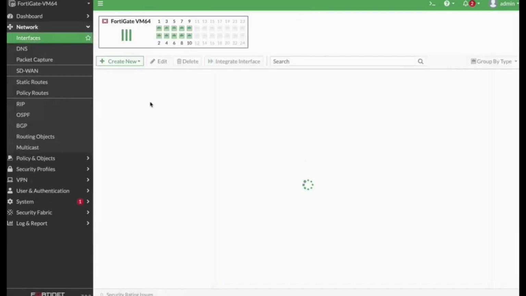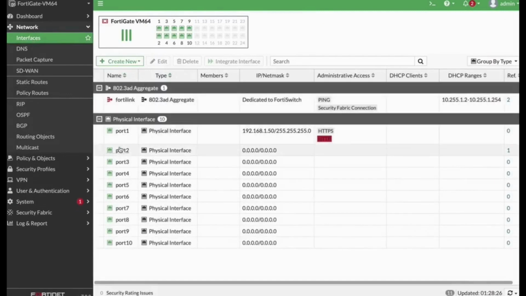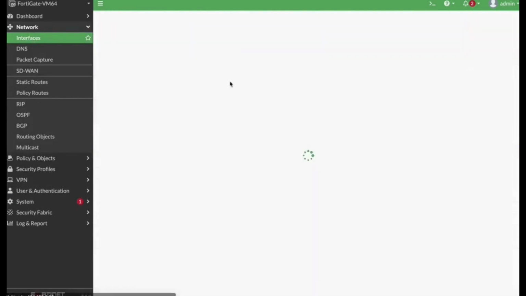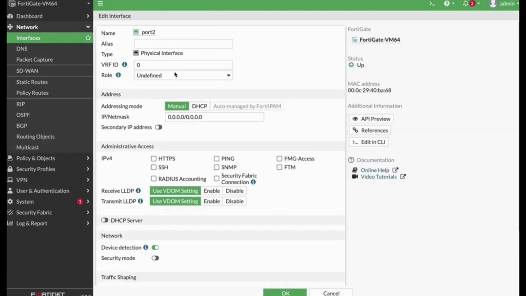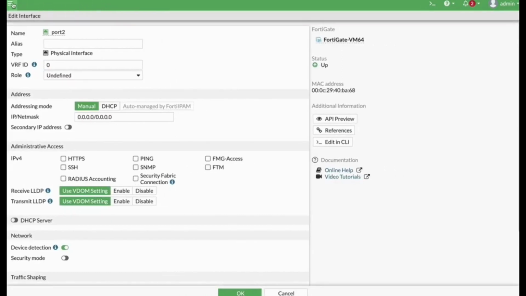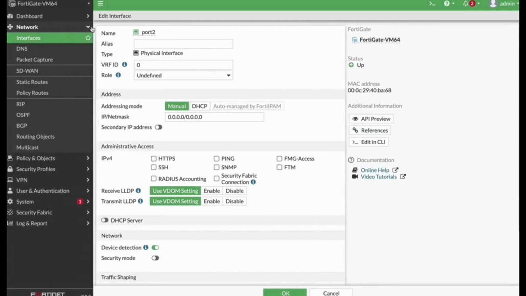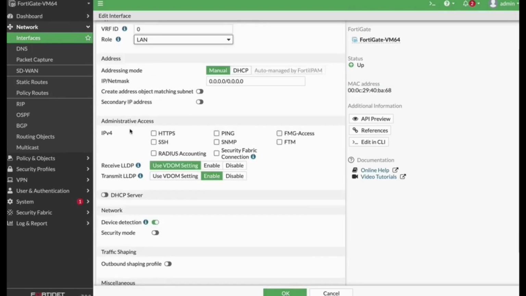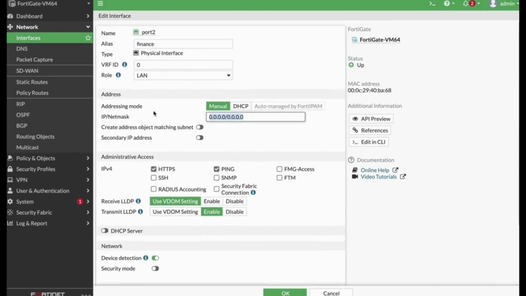Let's create our interface. Let's create a new interface, which will be the finance interface. By the way, when you press those three lines, you can actually eliminate the menu so you can have a full screen page. So let's set the alias finance, role LAN. Let's use HTTPS. Let's also use ping. And let's use an IP address of